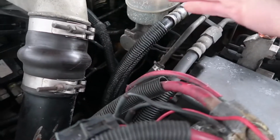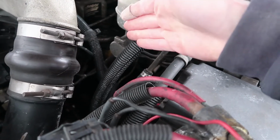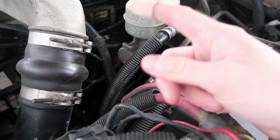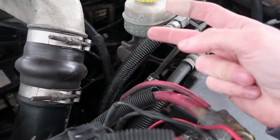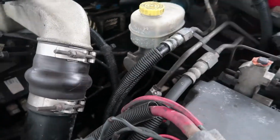But the reason I don't want to go into the bottom of the fuel filter housing is A, it's going to be harder to get to if I ever have to service it or do anything. Harder to get to just to hook it up and connect it. And B,